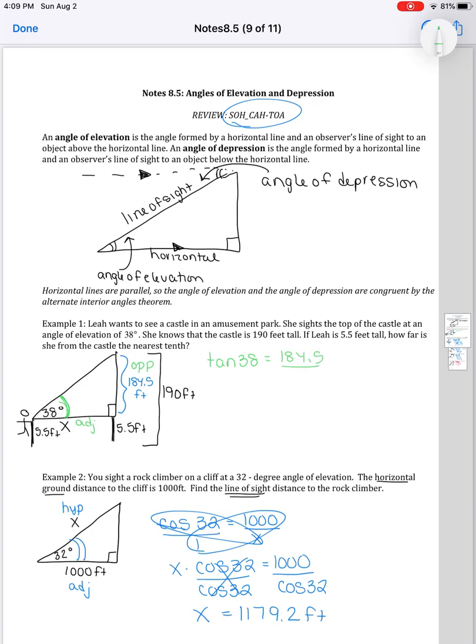So that's tangent. The tangent of 38 equals opposite 184.5 over x, proportion, cross multiply, and again, the variable's in the bottom, so we're going to end up dividing in the end. So we get 184.5 divided by the tangent of 38, and you should get